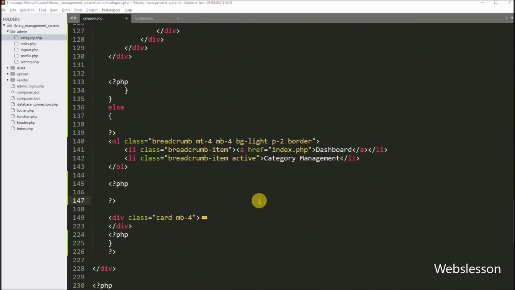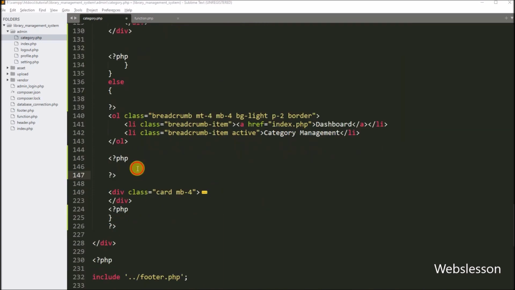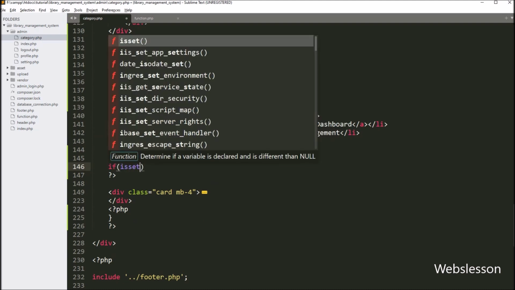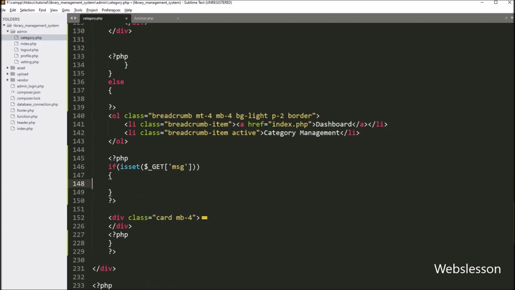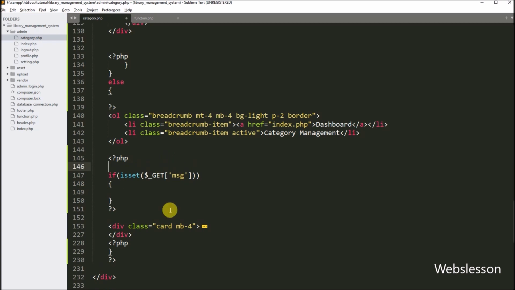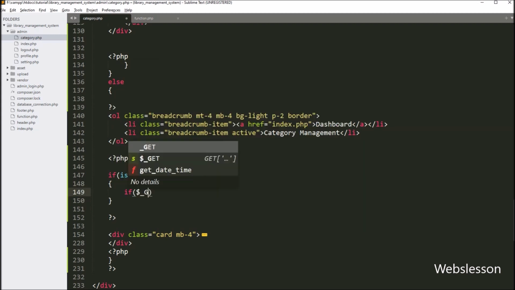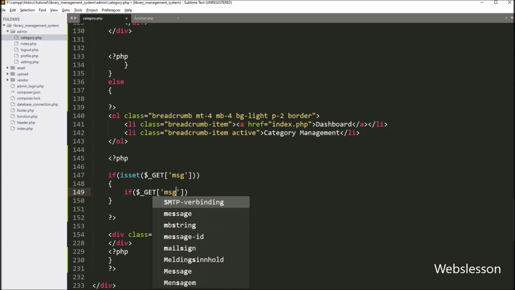In the same way, we want to display a success message on the web page, so here we have written an if statement, and under the condition, we have written the isset function, and under this function, we have written the $_GET message variable. If this variable value is set, then it will execute the if block of code. Under this block, again we have written an if statement, and under the condition, we have written that the $_GET message variable value is equal to add.